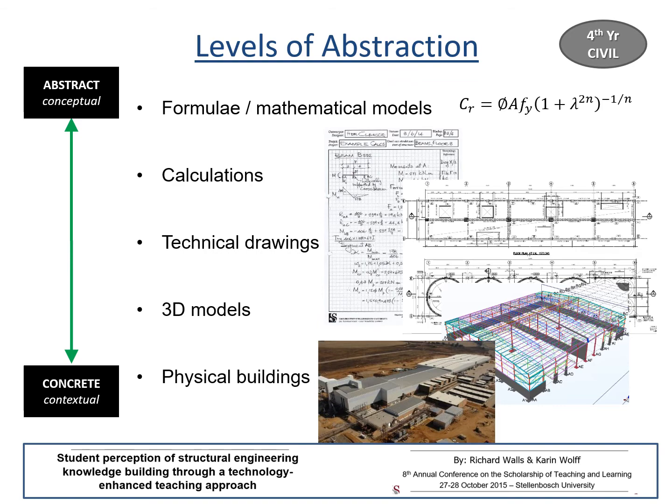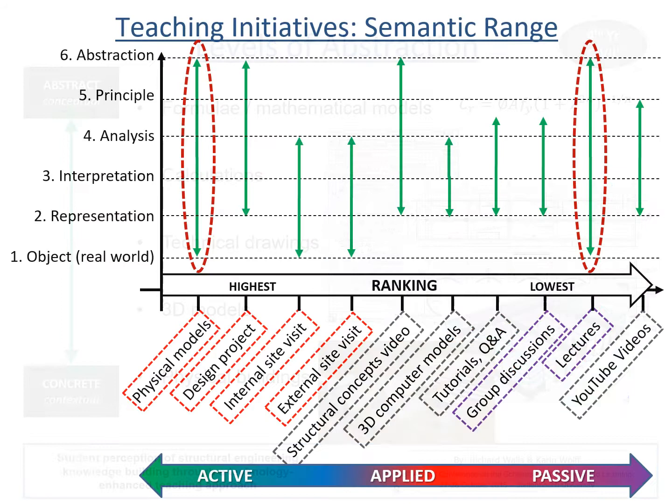Now, by determining these different levels, he could analyze which of the learning support initiatives he was using reinforced what levels of abstraction and the links between these levels. In other words, he could plot the strategies he used in his teaching throughout his course across the different semantic ranges. Now, this graphic here presents the results of the survey he conducted on which initiatives the students actually found most useful. Now, you'll notice that the highest ranging initiatives all entailed more